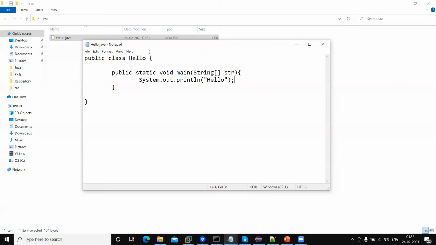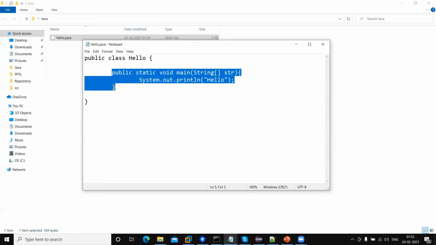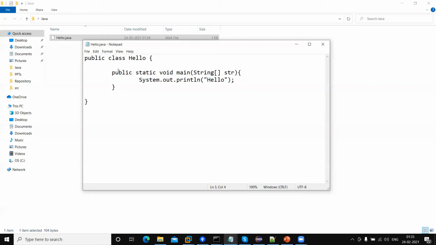Opening curly bracket and closing curly bracket, this is the body of a class. Within this body, we need to write the code for this class. Here again, we are creating public, it means it should be accessible from outside by all, visible to all.